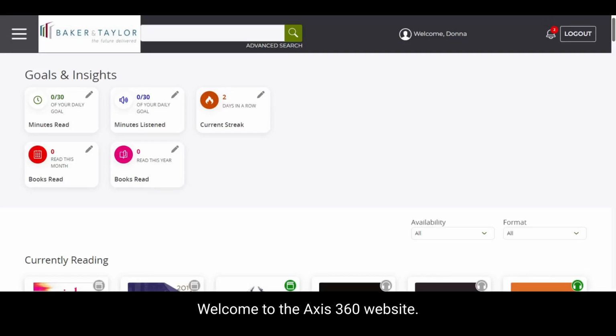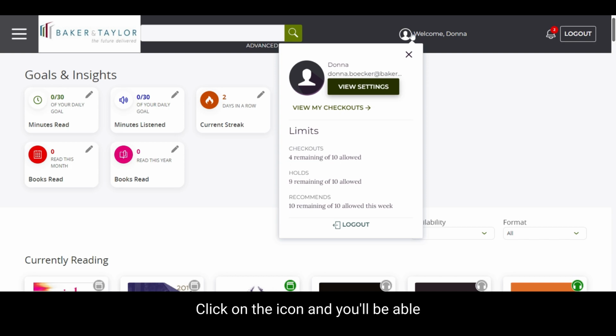Welcome to the Axis360 website. To access your account, locate your name in the upper right part of the screen. Anytime there are titles that you've placed on hold and they are ready for checkout, you'll see a red icon next to your account name. Click on the icon and you'll be able to click directly on the checkout links to immediately check out titles